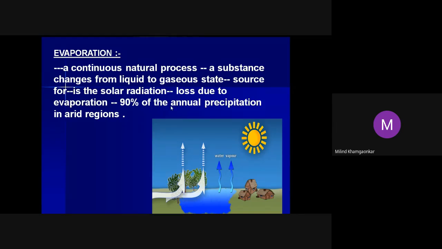You can think, if at a certain location 100 centimeters of rainfall is occurring, but 90 centimeters of the rainfall is getting evaporated, then only 10 centimeters of the rainfall is of use. So is it advisable to lose this much water in evaporation? Can we not do something to control the evaporation? Out of the numerous solutions, one possible solution is forestation, or creating greenery.